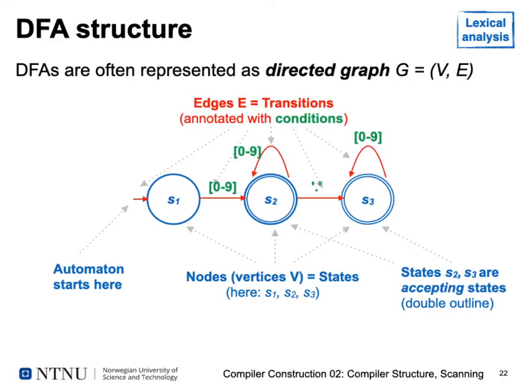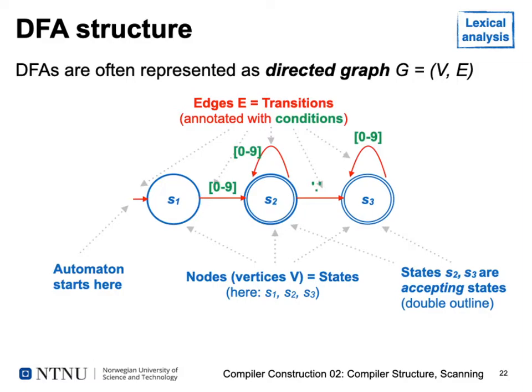So to give a structural overview of DFAs, we've already seen these are represented as directed graphs. These graphs consist of a number of vertices, states here, S1, S2, S3, and a number of edges, our arrows here, connecting the states to one another. There is an arrow going into our DFA that does not have a state at the start. This is our start state. This just indicates whenever you want to detect something, you always end up in state S1